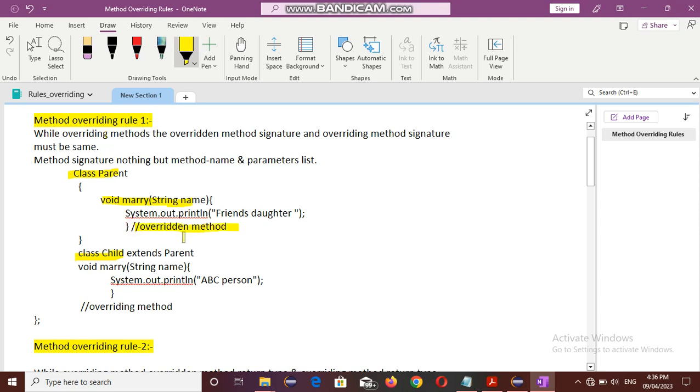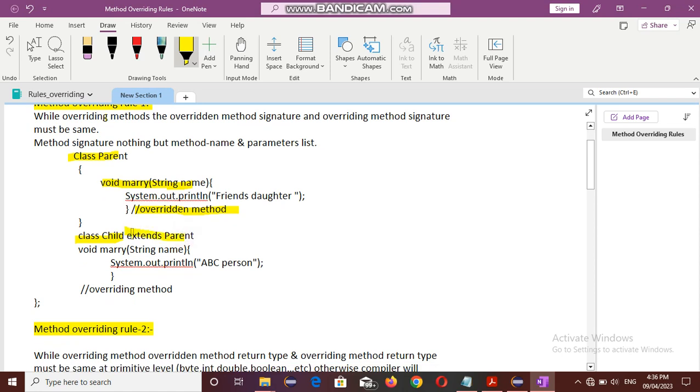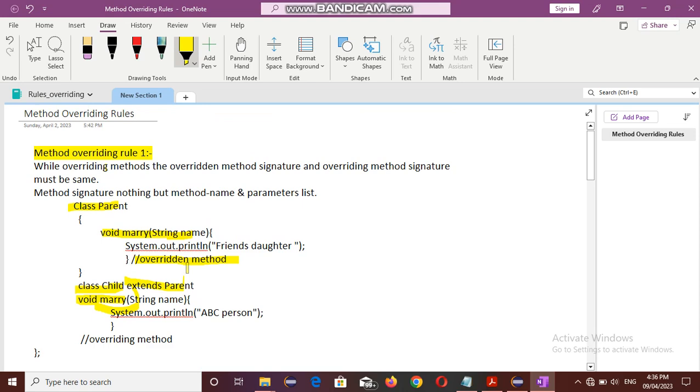As the child class extends this, the same method will be available here, but the child wants to marry some ABC person. So he will override this method with the same signature, that is, the same method name and parameter list. This is the first and most important rule.